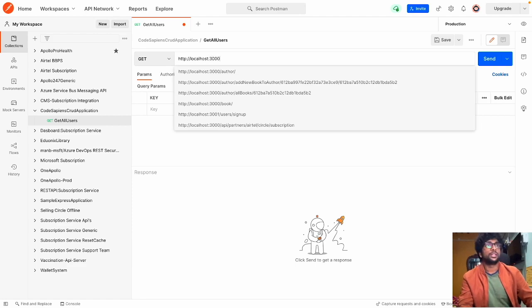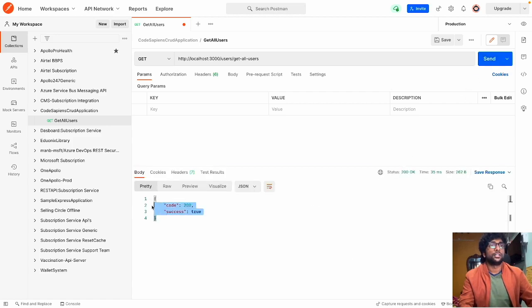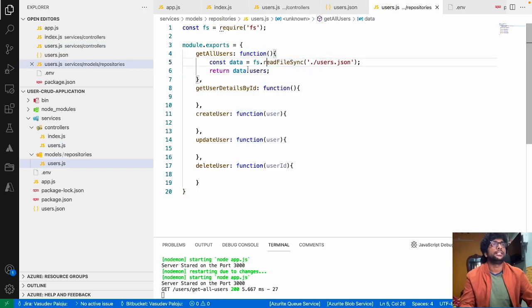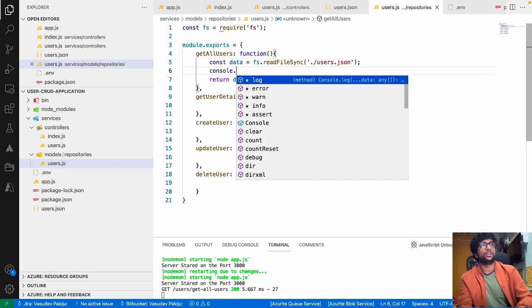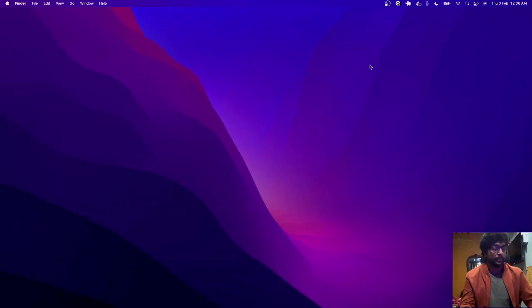Here the URL is http://localhost:3000/users/ what is the URL? Get all users. Now when I hit the send button, see, I got code as success true and data code 200 and success true, right? This is because the data is empty. If you just go to function.json and see what is the data over here, console.log data, right? And when I hit the API back,